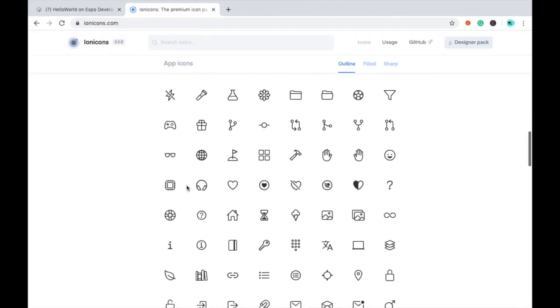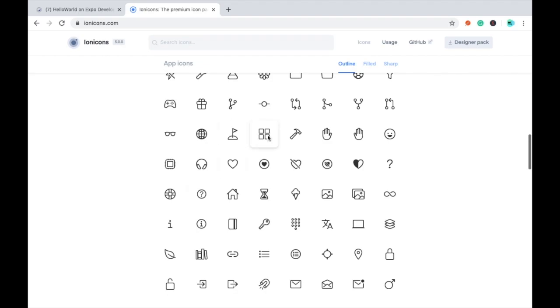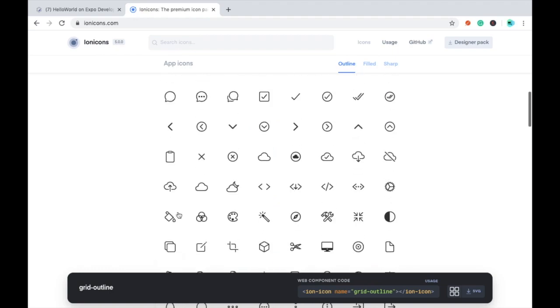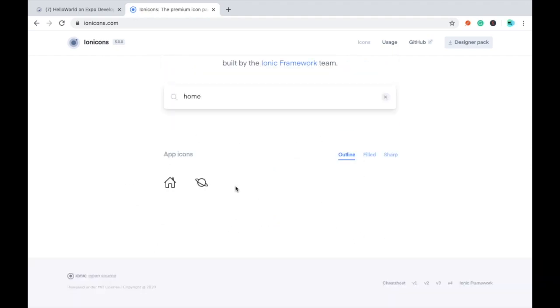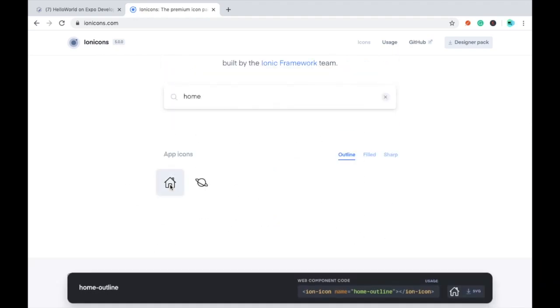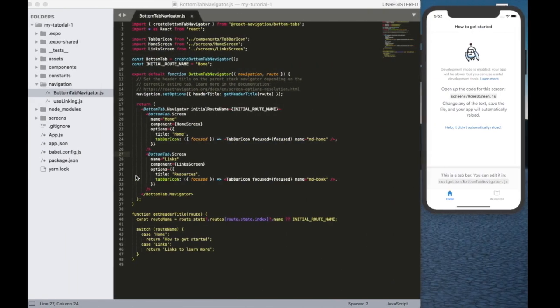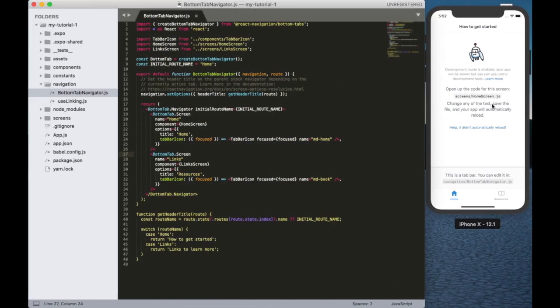So let's go to ionicons.com and we can see the names for the icons here. I just searched home, just choosing the right name for the icon. Coming back,